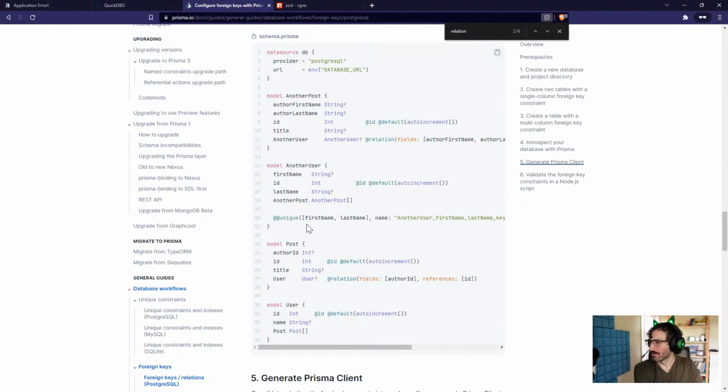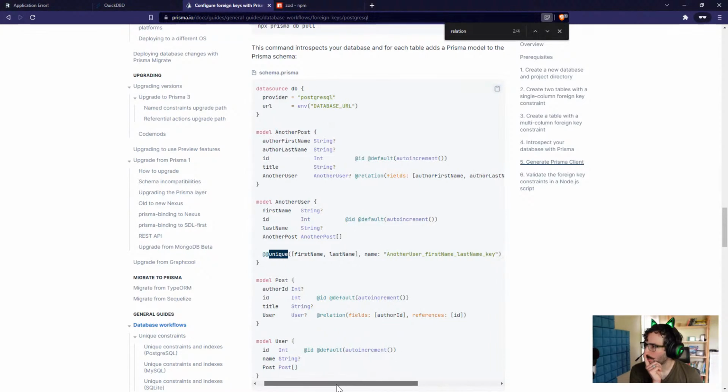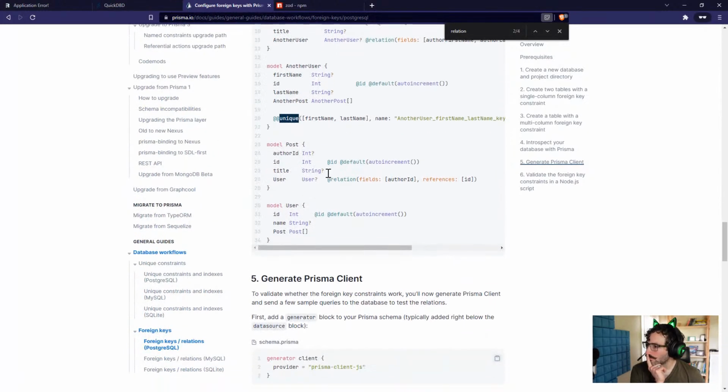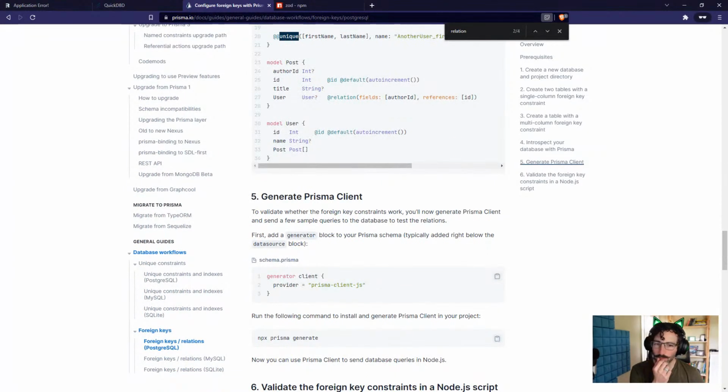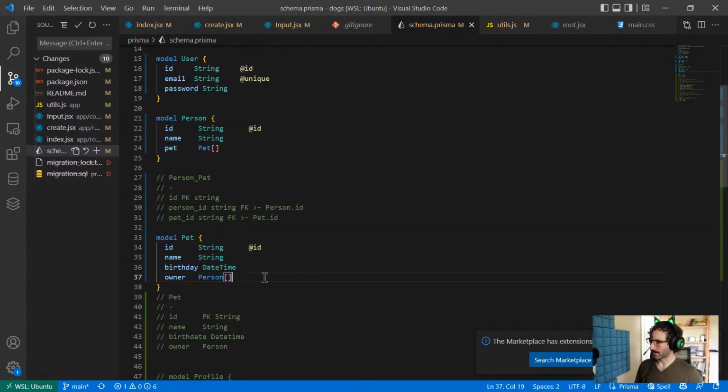This is interesting. First name and last name have to be unique if they're together. Well, I don't really understand how Prisma fields handle the relationship stuff, but I do see that you can say a relationship